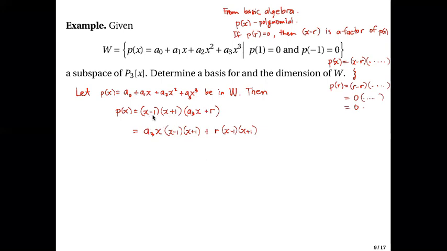So if we distribute this x minus 1, x plus 1 to the sum here, you will get this guy. So now, look at this. A sub 3, it's any real number. In fact, it's the coefficient of your x cube in here, but this is arbitrary. So basically, your A sub 3, this is any number. Your R, it's also any number. Okay? So this guy here, we can write this as some A sub 3 P sub 1 of x plus R P sub 2 of x,